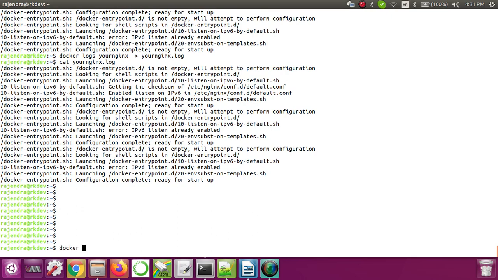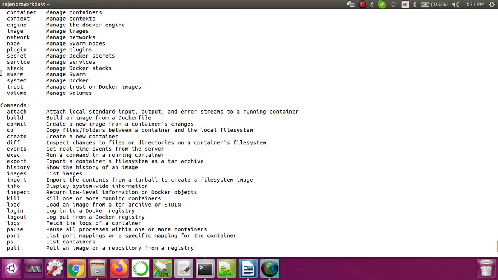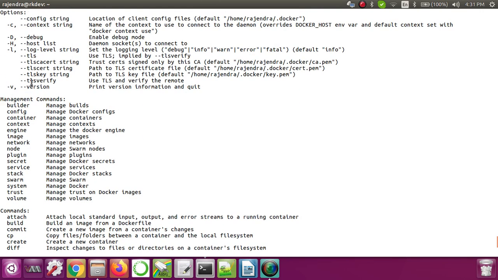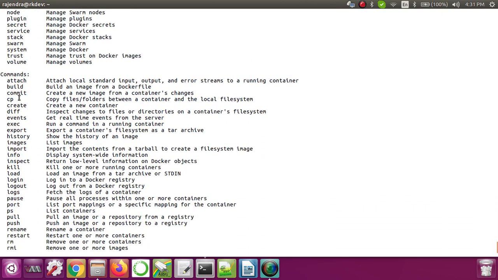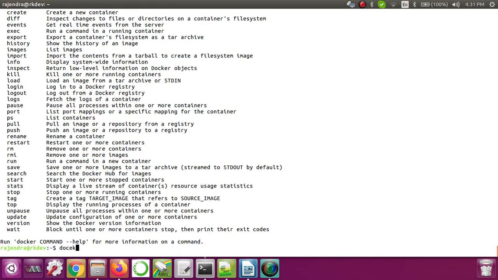Now let's say, let me again do the docker -h. Now let's come from the start, okay. So the next command that we should see is docker info, okay.